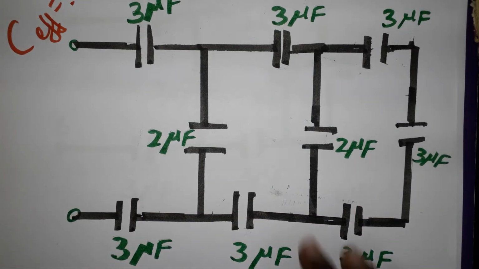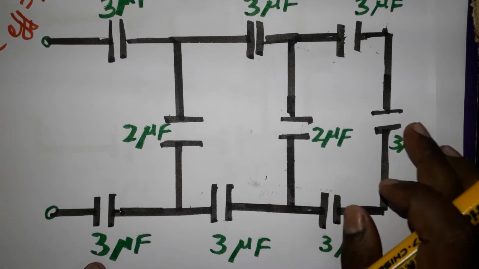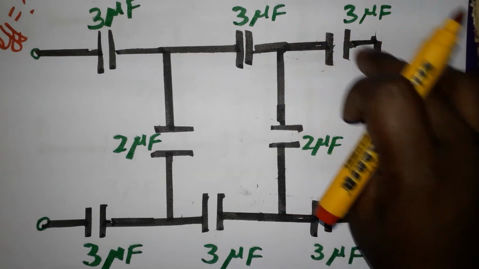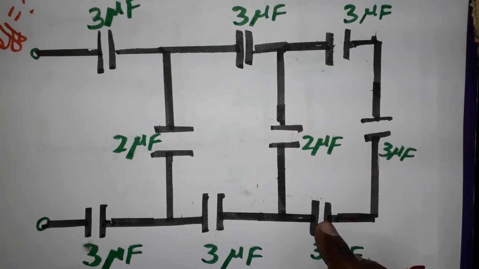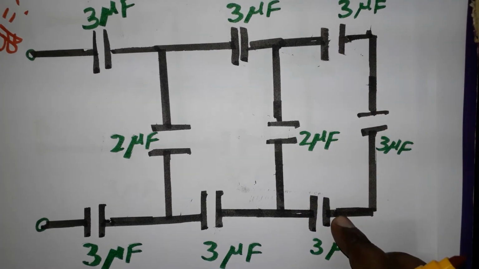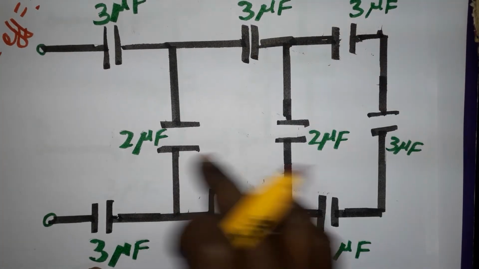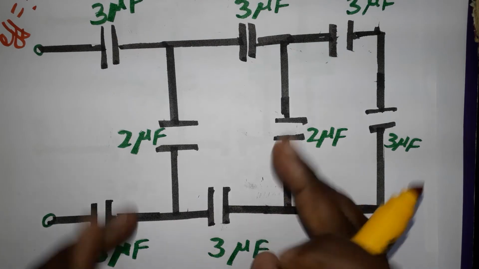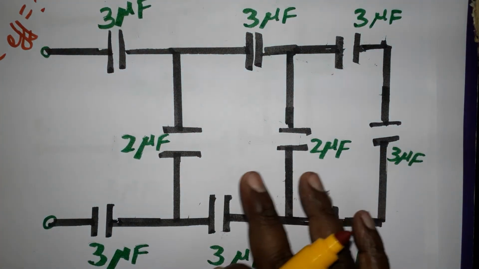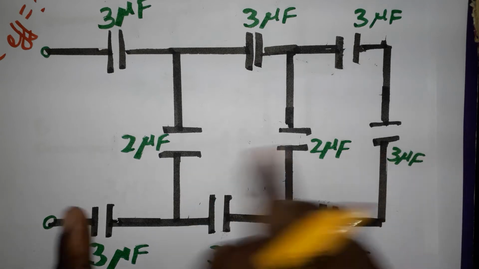In this, first, what can I do? See here, 3, 3, 3. I am taking these in series. Why am I taking these in series? Because the next capacitance is connected one after another. Why can't you take this as a parallel? Because it is only geometrically parallel, it's not representing a parallel circuit. It must be a true parallel circuit, and it's not a parallel circuit.